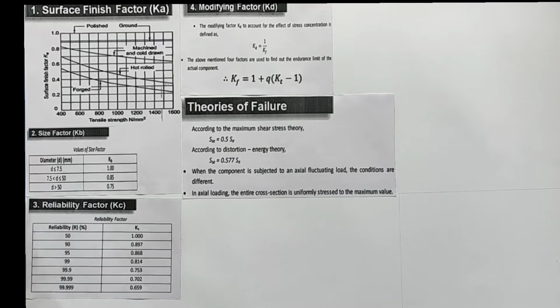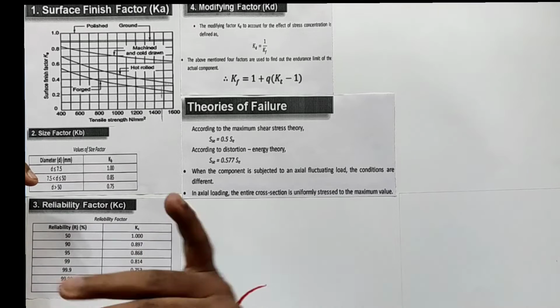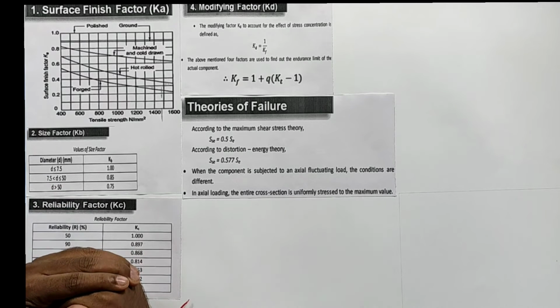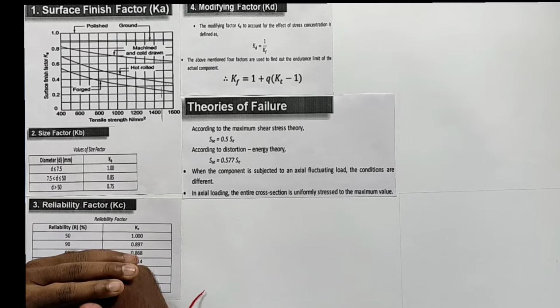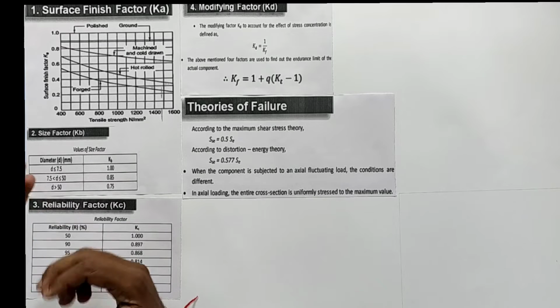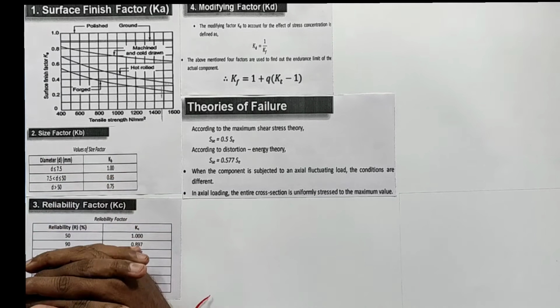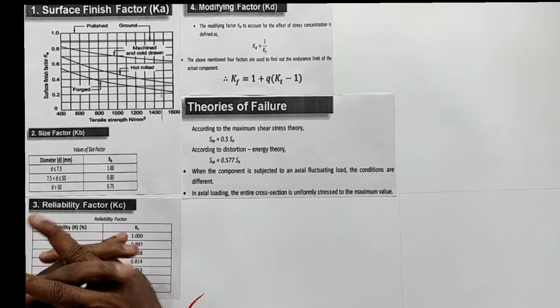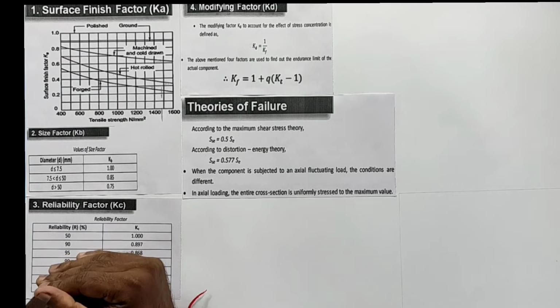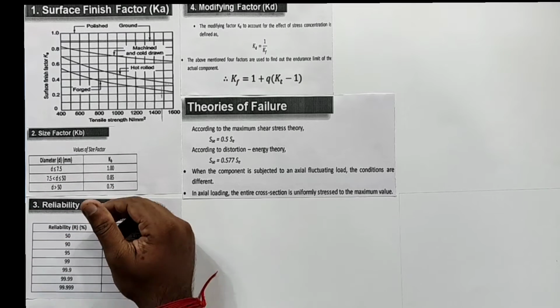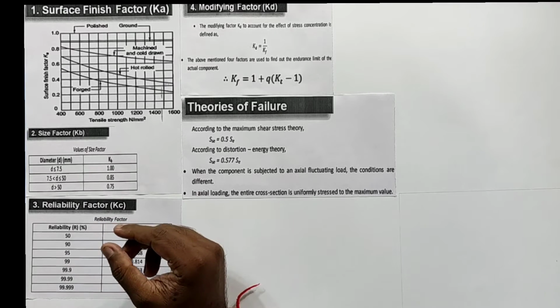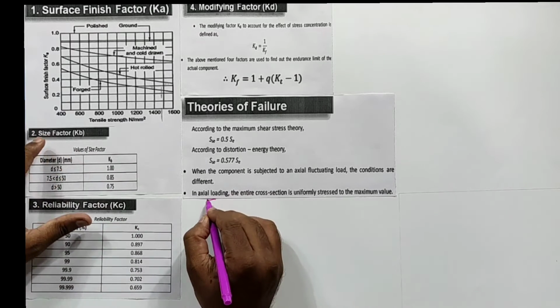So now in the previous session we have seen what is endurance limit. We have seen Dr. R.R. Moore's experiment, and after that we have seen the notch sensitivity Q and how to correlate it with KF, the fatigue stress concentration factor. Now it's time to find out the endurance limit. So I'll make the title endurance limit.